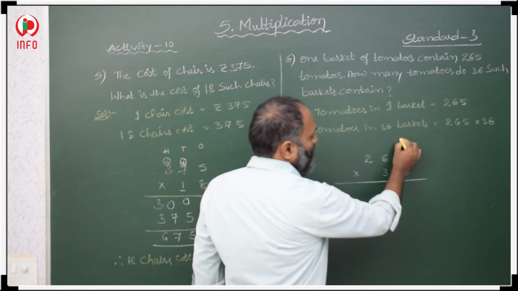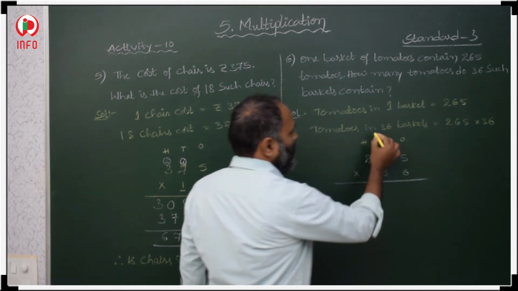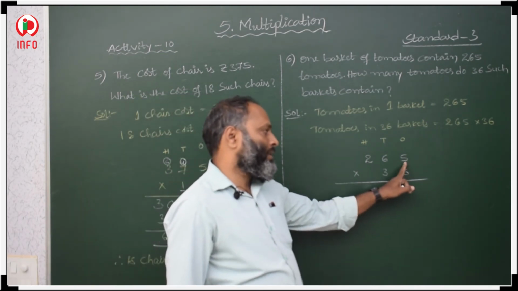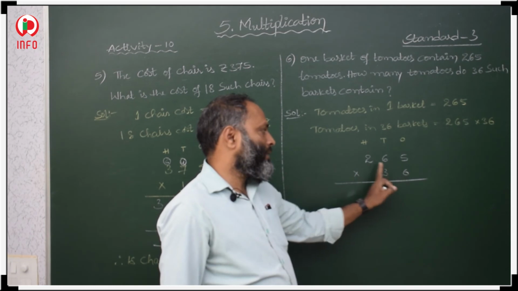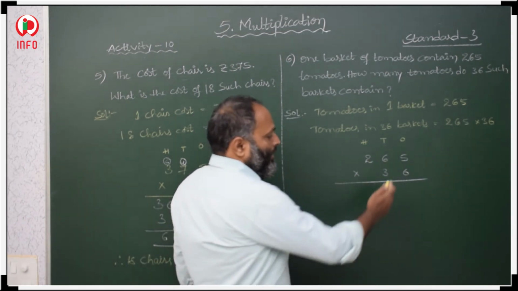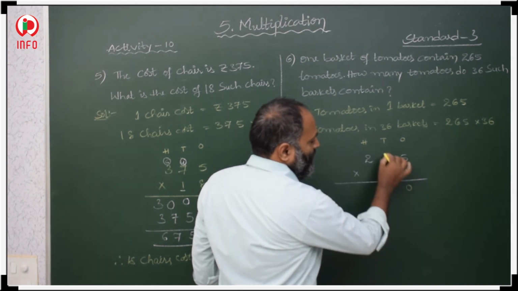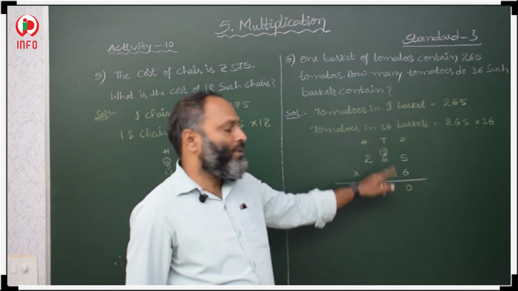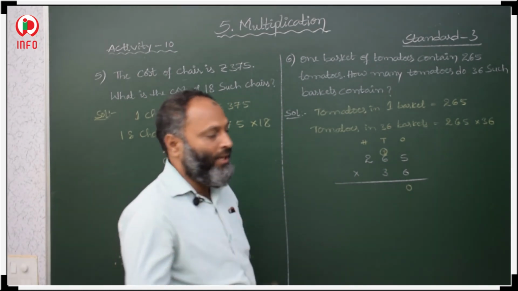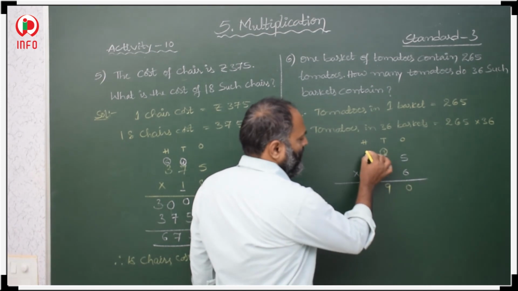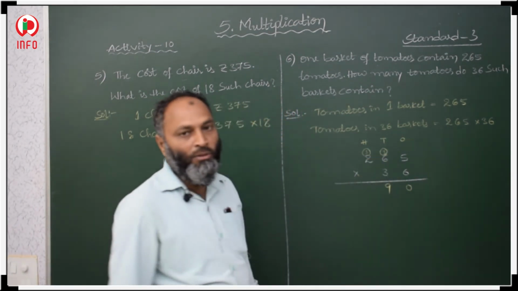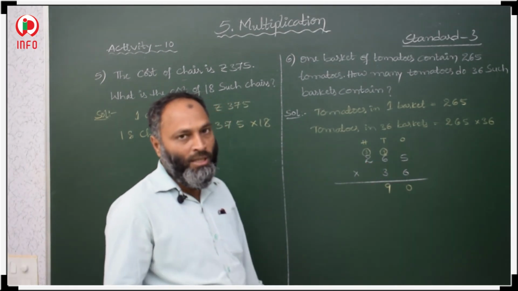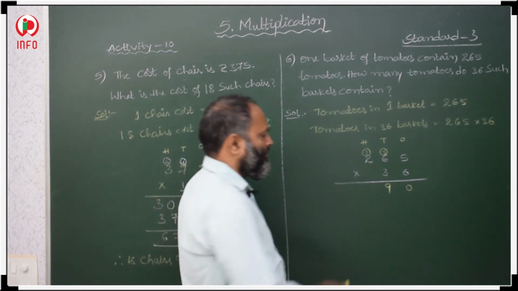Okay, this is in ones place, tens place and hundreds place. Now we start our multiplication with 6 first. 6 with ones, 6 with tens place, 6 with hundreds place. 6 5s are 30, 30 means 0 in ones, 3 in tens place. 6 6s are 36, 36 plus 3 is 39, 9 in tens place and 3 carry over to hundreds place. Next, 6 2s are 12, 12 plus 3 is 15.